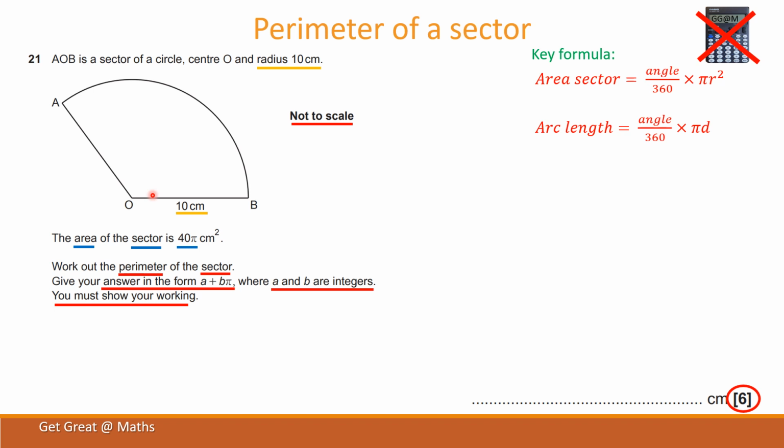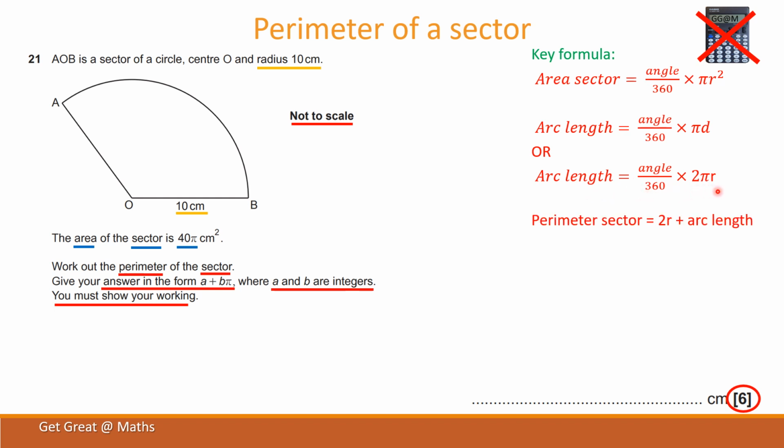The arc length is a fraction of the circumference of the circle, and the circumference of the circle can be worked out in 2 ways, either pi d, or 2 pi r. So there's 2 different ways this formula could be written depending on what information you've been given. Now we've been given the radius in this question, so the bottom formula here makes more sense to use because we know the radius. So my arc length is the angle divided by 360 times 2 times pi times my